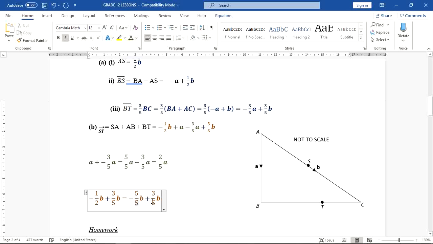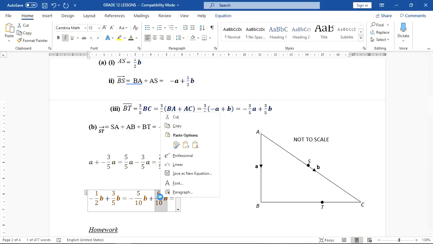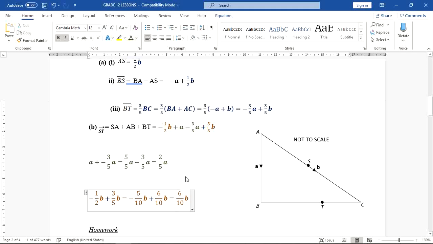Over 5, and this one will be 6 over 10. Over 10. So this should also be over 10. Sorry for that. Over 10, because I multiply this by 5 over 5, and this one by 2 over 2. Now that the denominators are the same, all we need to do is just to deal with the numerators. And if we do just that, we are going to end up with